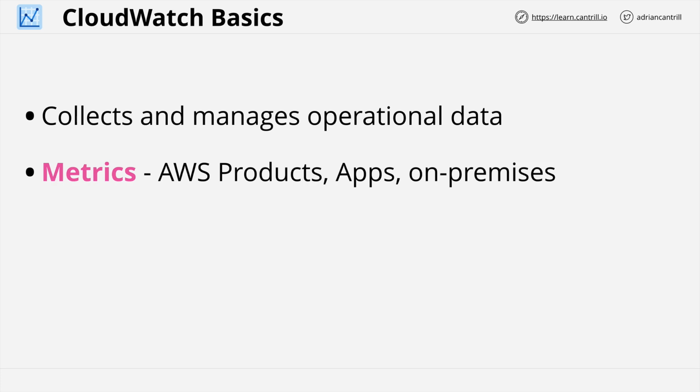Some common examples are CPU utilization of EC2 instances, disk space usage on an on-premises server, or maybe the number of visitors per second to your website. CloudWatch is a public service, and so it can be used for metric gathering either inside AWS, within on-premises environments, or even within other cloud platforms. If you have a public internet connection and permissions to add data to CloudWatch, it can be used from almost